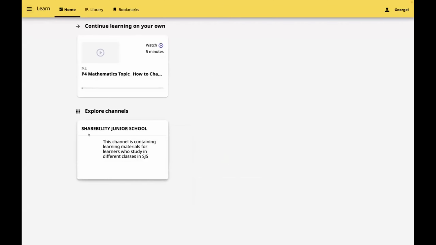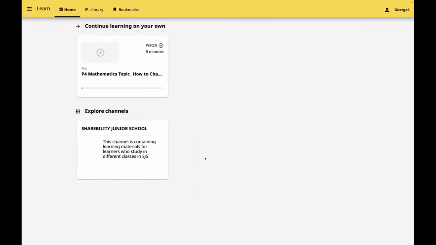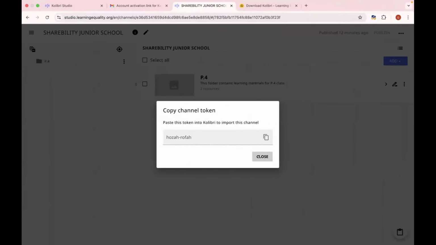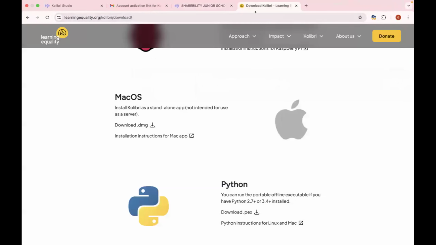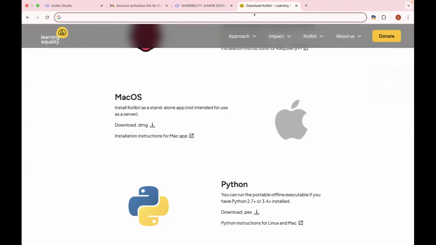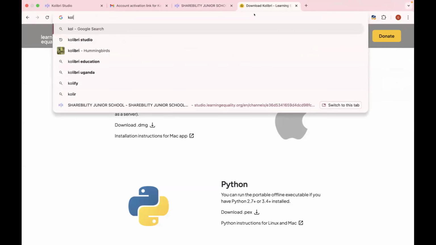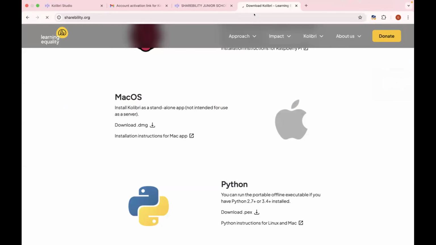going to do something here, but I want you to just open there the website of Sharebility, colibri.sharebility.org. I've actually imported your channel. As you are importing, I copied your token. Just go to colibri.sharebility.org. Or you can just go to sharebility.org and then you click on Colibri. So, members,